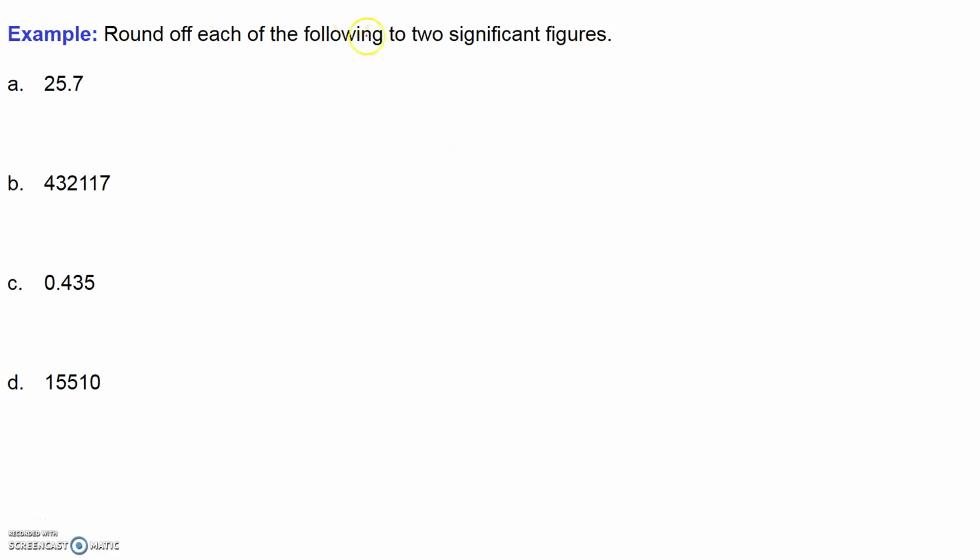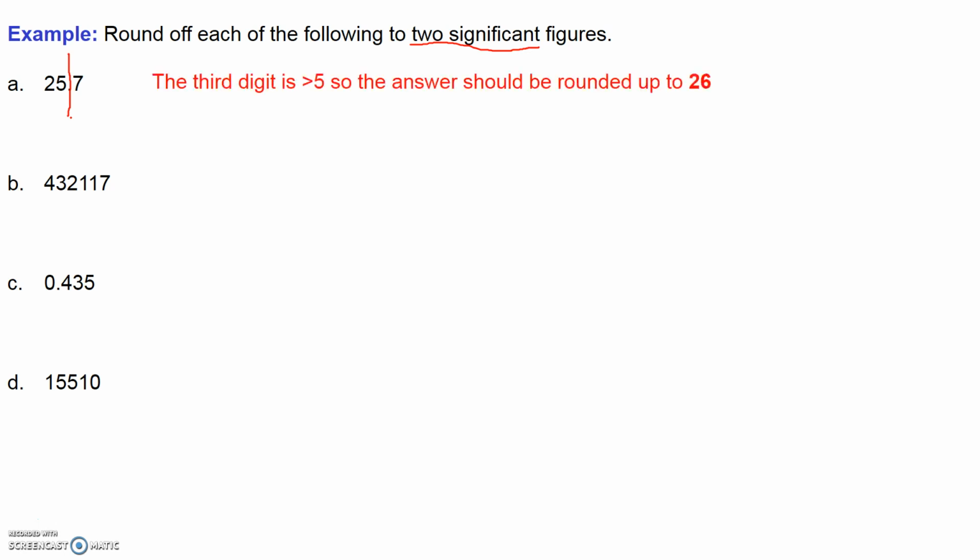Okay, so we're just going to do a random selection of rounding problems here, and in each case we're being asked to round to two significant figures. So in our first example here, we're going to cut off after the 5. 7 is greater than 5, so we're going to round this number up to 26. In this case, we have